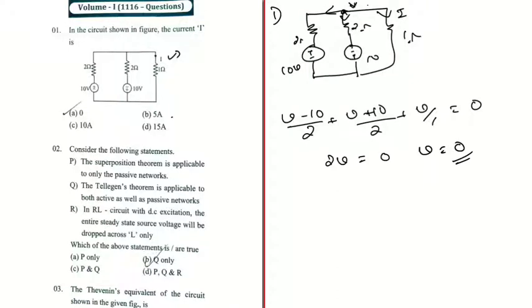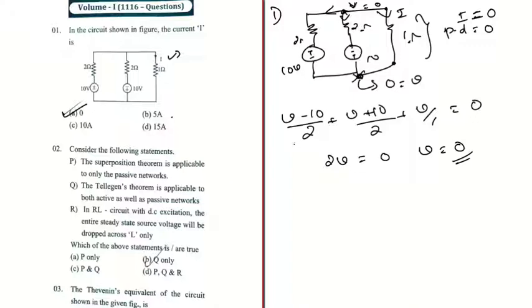That means the voltage over here is 0. We know that we are considering this node as our ground, whose voltage is 0 as well. So there is no potential difference between the two ends of the 1 ohm resistance. When the potential difference is equal to 0, current will not flow, that is current equal to 0. So we can come to the conclusion that the current here is 0. Okay, now move on to the next question.